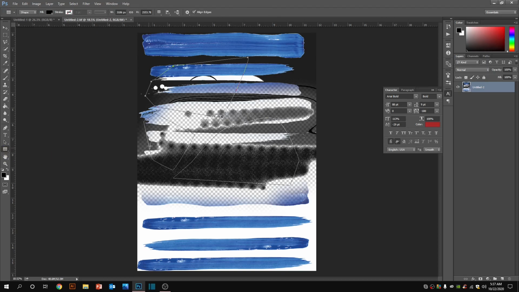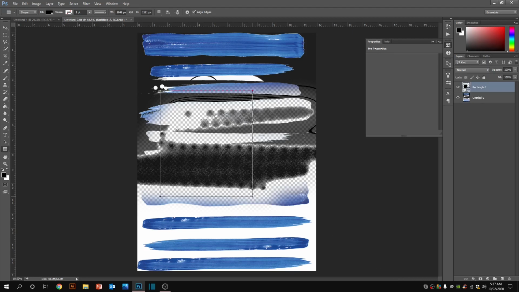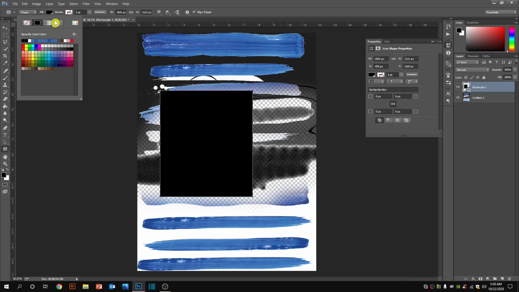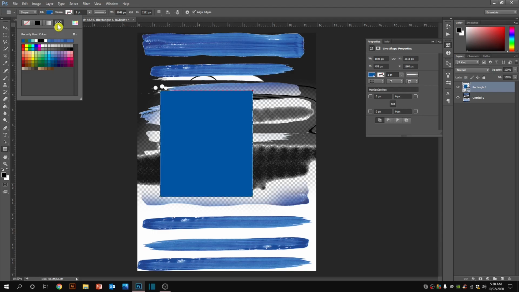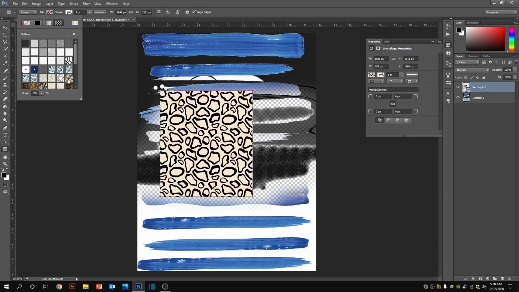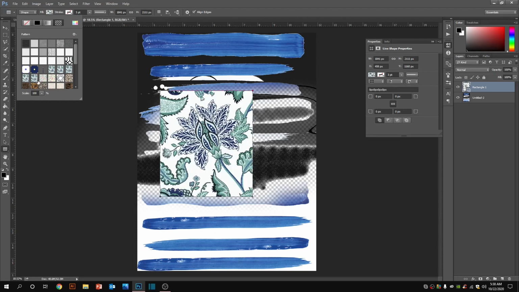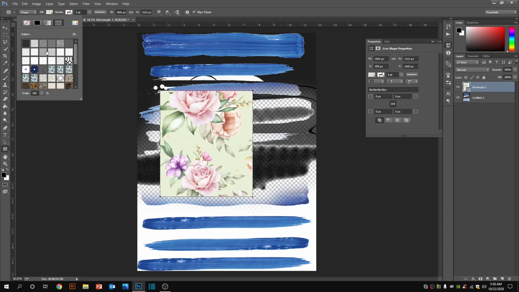Then again, these are the ready shapes. You can shape them, you can fill anything, it's very easy. Pick any color, fill any color, any gradient, any texture. It isn't a big deal.